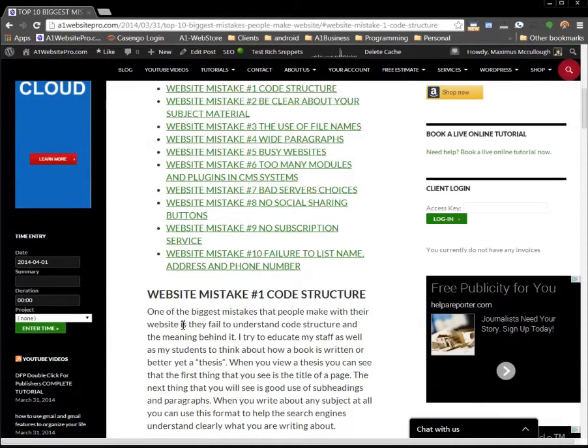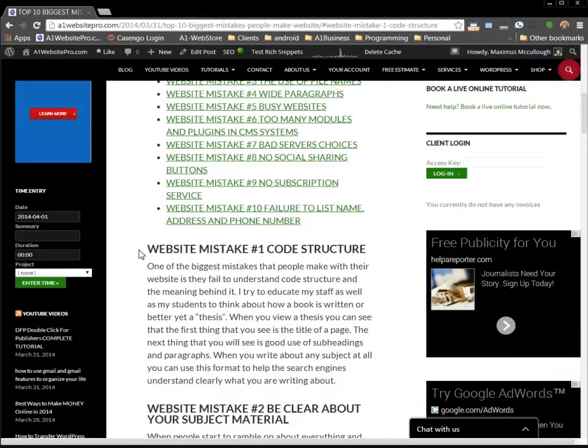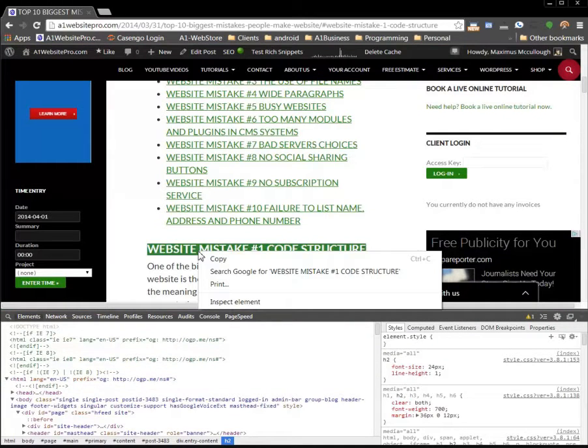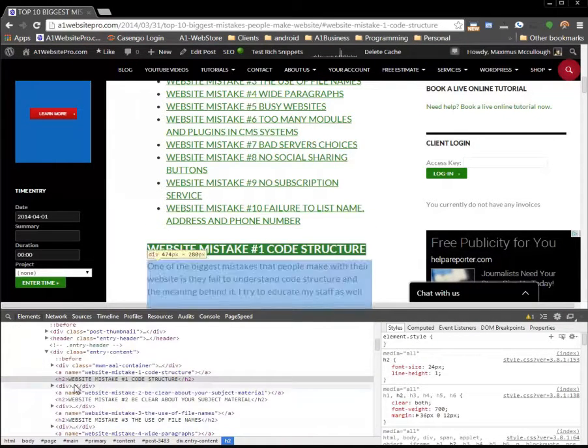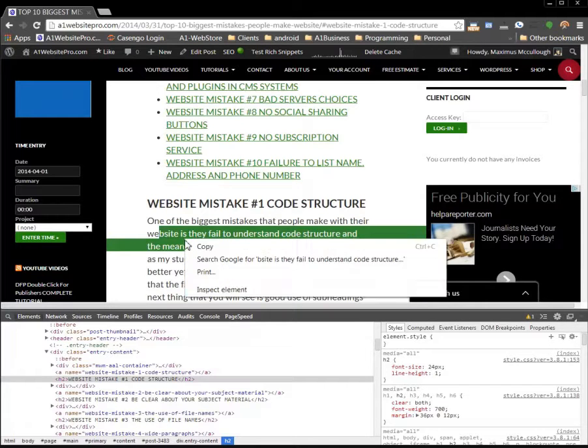A lot of times people will put too much in a heading tag, or something in the heading tag just doesn't make sense according to the title. So we look at the title here, top 10 biggest mistakes people make with their websites. And then I have a heading tag, a subheading, which is an H2. And the way you can check that out is if you're in Google Chrome, if you want to inspect this element, you can see that I'm using an H2 tag because this relates to the title, okay? And then these, of course, down here, these are paragraph tags,